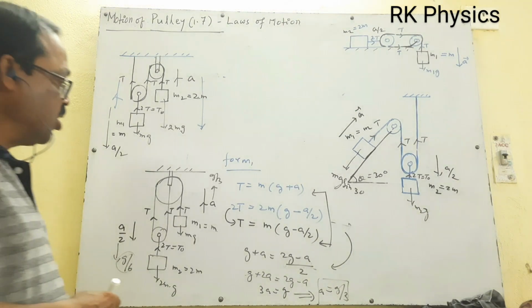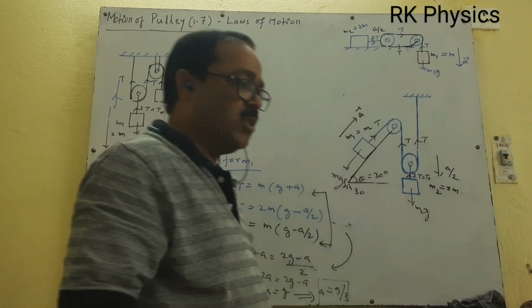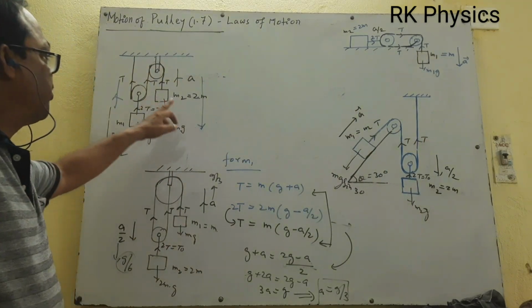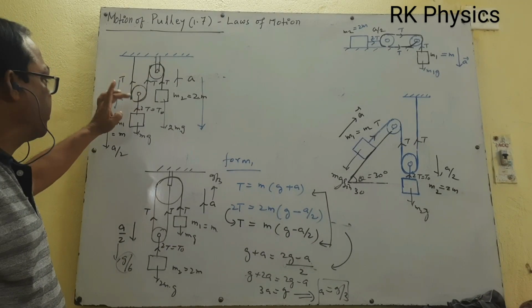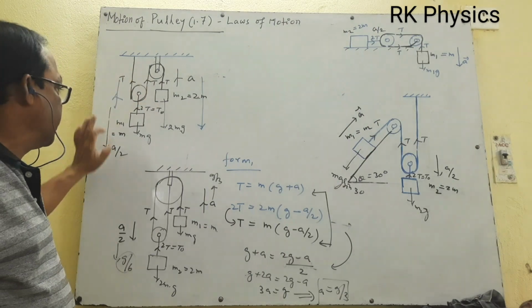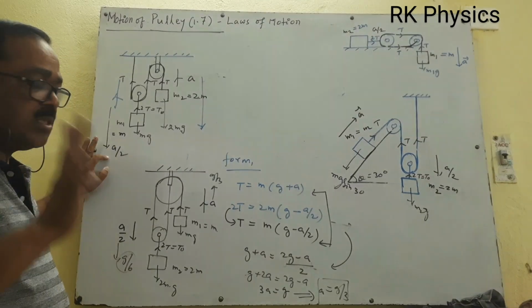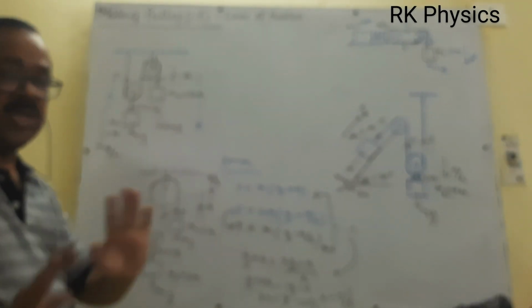So in this way, if the pulley is moving, in a U shape, you imagine whatever be the acceleration of the single body, the acceleration of the pulley or acceleration related to the object suspended to the U-shaped pulley, then its acceleration is half of that. That is a by 2. If you write the equations using lift moving up, lift moving down, and if you solve, it will be very easy for you. Okay. Thank you.